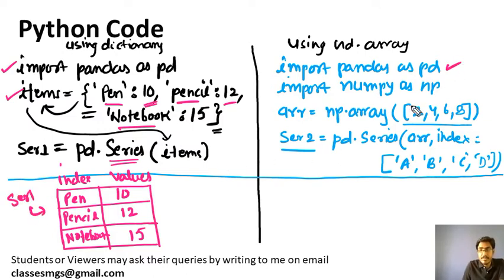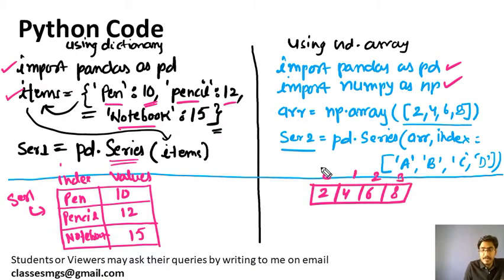Now let's see from these lines, just importing. Now we are creating the np array first. So the ndarray will be created like this in memory. It will have 2, 4, 6, 8, and the index, you know, by default 0, 1, 2, 3. NumPy array always has numbered indexing. Now we are creating this as arr variable. Now we are creating the series object. Series object will look like this.